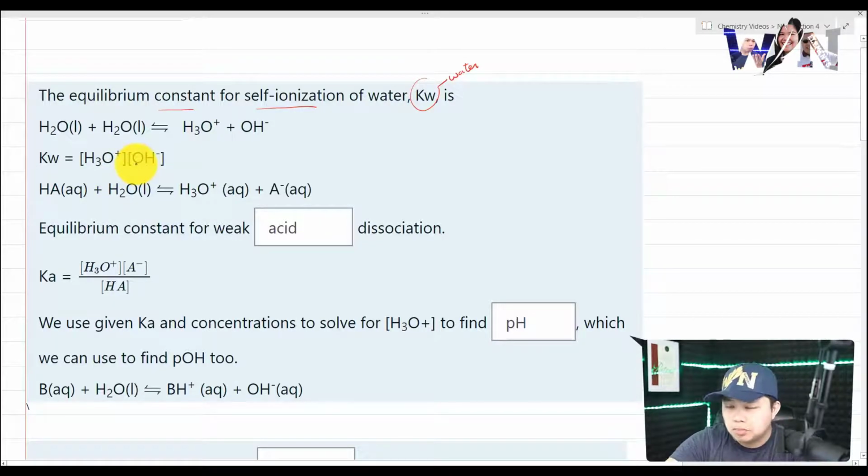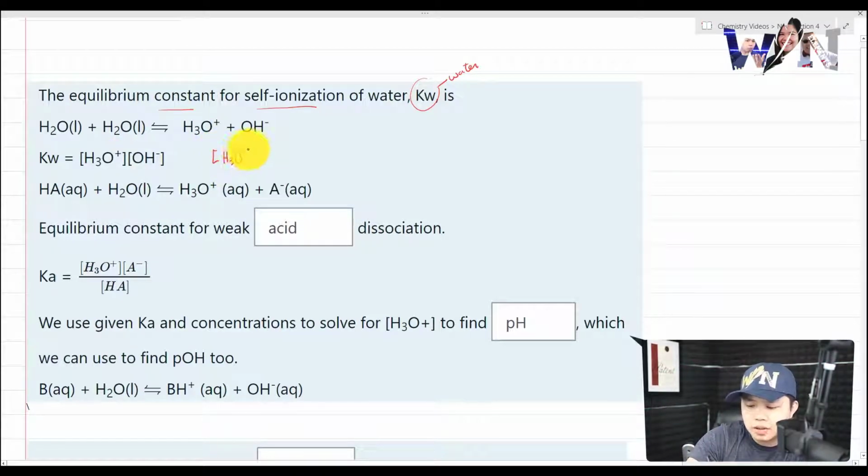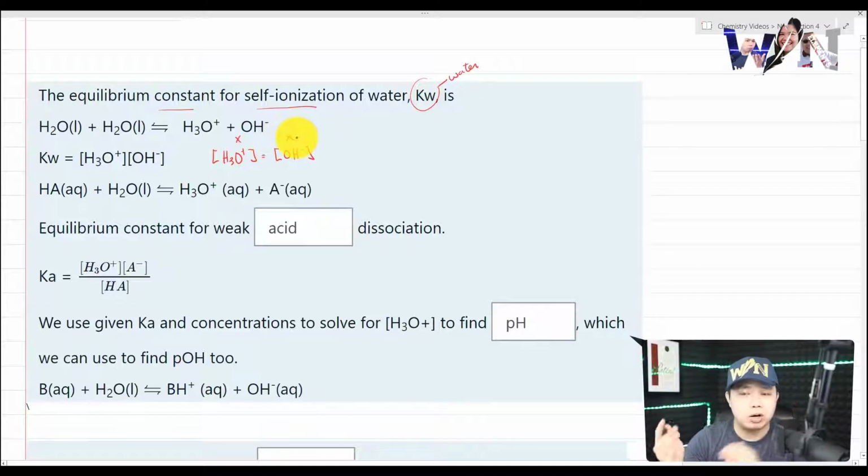Now, in some cases, they will ask you to solve for the concentration of one of them. The beauty behind this is that at equilibrium, you have this right here. We can make an assumption that this is equal to that right there. What we can do is represent them by the letter X because they are equal to each other. Because both values are the same, they can be represented by a single letter. X, Y, Z doesn't really matter.